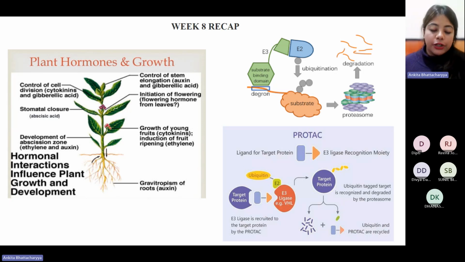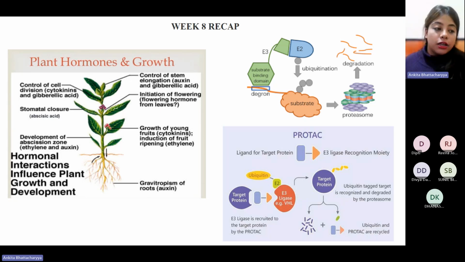So what it is effectively doing is a very targeted degradation of one protein of interest, because you are using the ligand for exactly that protein. But one of the preliminary problems identified with the use of PROTACs is non-specificity. They have a very low half-life, and therefore their persistence or availability within the cell is quite limited. So all of these shortcomings or drawbacks are something that people are trying to overcome, and there have been modifications made for products.